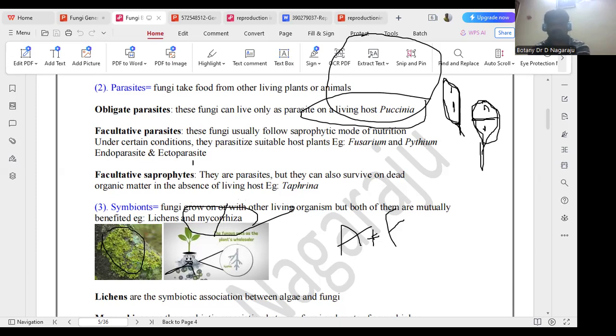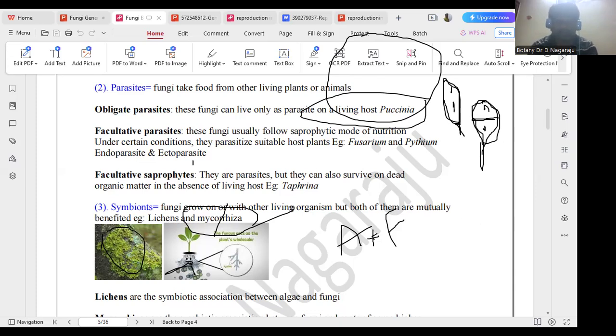Okay, that is the symbiotic association. These are the two types of symbiotic association of the fungi. One is with algae, one is with higher plants. Fungi associated with algae are called lichens. Fungi associated with the roots of higher plants are called